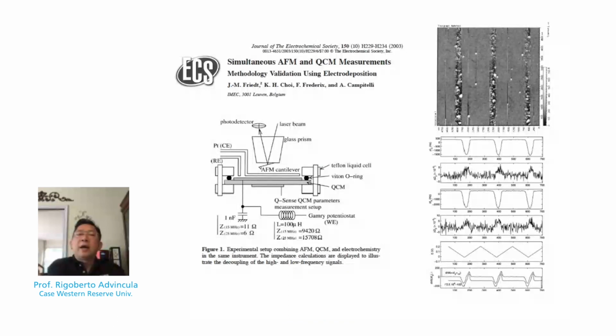function of time. Now, other types of measurements would have been to pause the deposition, scan the AFM, continue the deposition, apply potential, scan the AFM, stop the deposition, and so on. So there are variations of this experiment, in which one is able to do the AFM experiment at various time constants. And again, I'll let you refer to this paper and some of these papers to see the variations on this